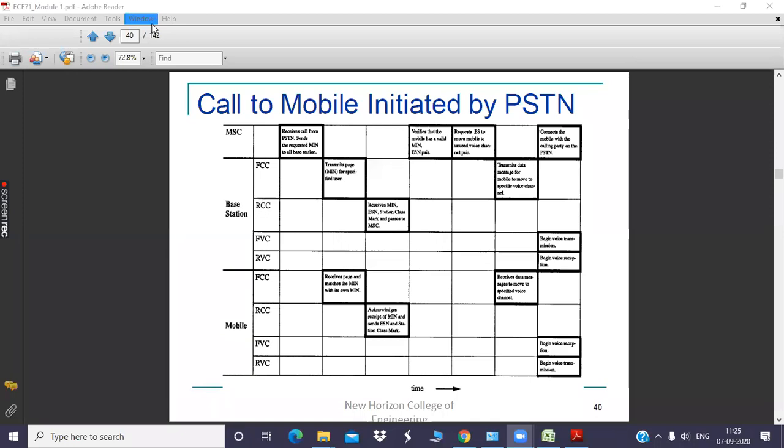Forward channel is nothing but a channel which is used to transfer the information from the base station to the mobile. Reverse channel is a channel which is used to establish the conversation or pass the data from mobile station to the base station. Okay. Basically, these can be voice channels as well as control channels. Control channels are to establish the control signals. That is, before establishing the actual voice conversation, we need to pass certain control signals between the base station and the mobile user, so that after accepting those control signals, only the voice conversation can be set up.